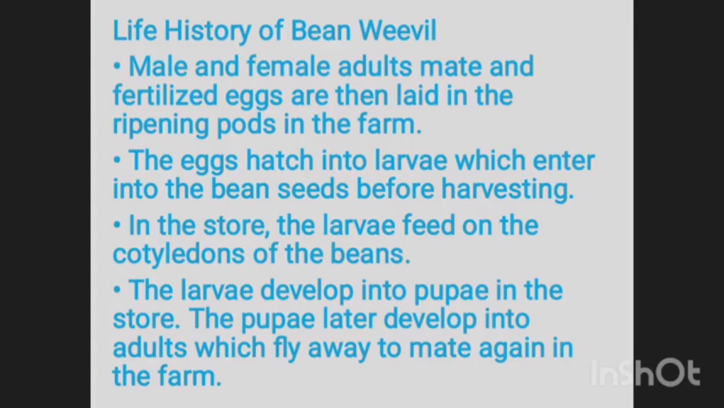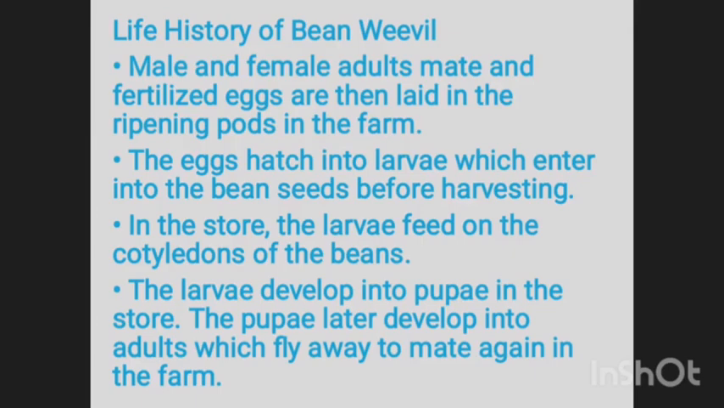Alright, let's look at the life history of the bean weevil. Number 1, the male and female adults mate and fertilize eggs, and the eggs are laid in the ripening pods of the beans in the farm. The eggs hatch into larvae, and the larvae enter into the bean seed even before harvesting. Now, once the beans are harvested and kept in the store, the larvae feed on the cotyledons of the beans,